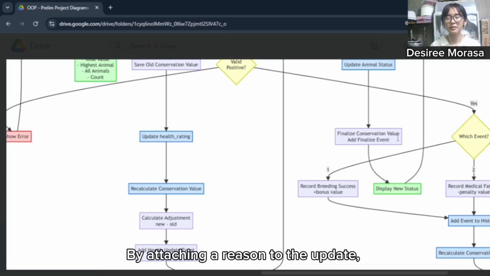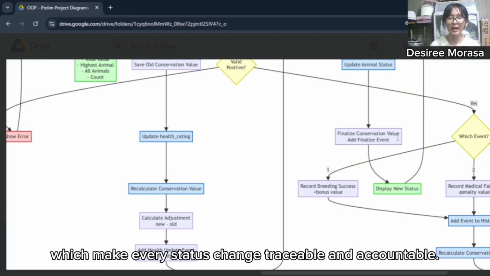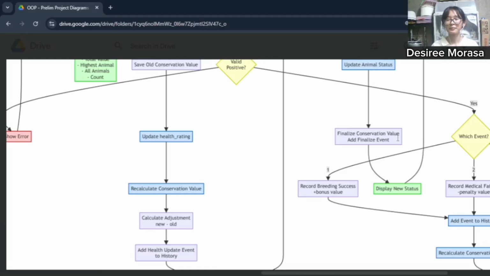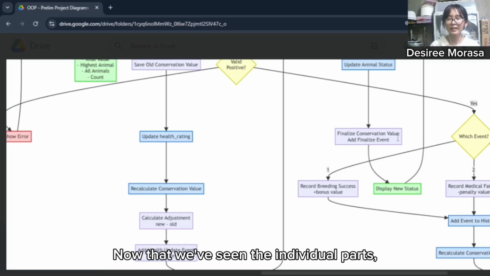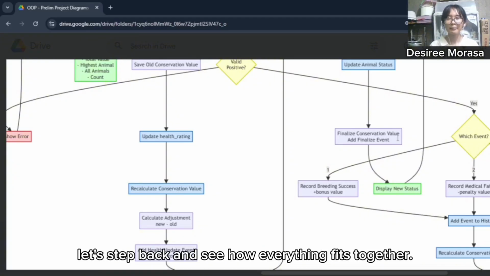By attaching a reason to the update, the system creates a clear audit trail, which makes every status change traceable and accountable. Now that we've seen the individual parts, let's step back and see how everything fits together.